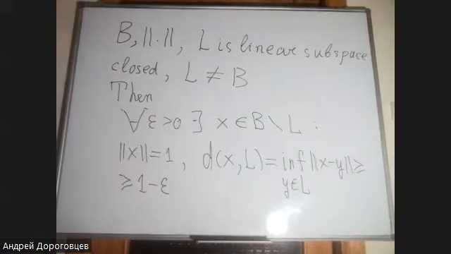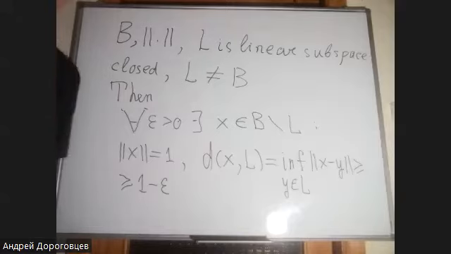So you see what happens. We have no inner product now in our space. We discussed this last time, that in order to have an inner product, our norm must satisfy the parallelogram equality. In the opposite case, we have no such product. So at least in the beginning, we have no right definition of the angle between vectors. But we have the notion of the distance.